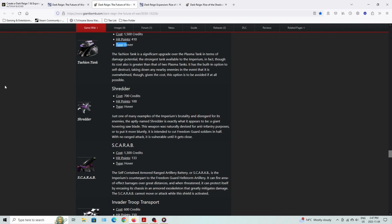Now, I really do like the idea of the Shredder, but I think other RTS games have done close range units better. I think of, say, KK and D2, where they have their hovering plasma-type expanders and short range units. The balls of death in KK and D versus the Shredder of Death in Dark Rain. It's not a bad unit. It does its job for what it's worth, but